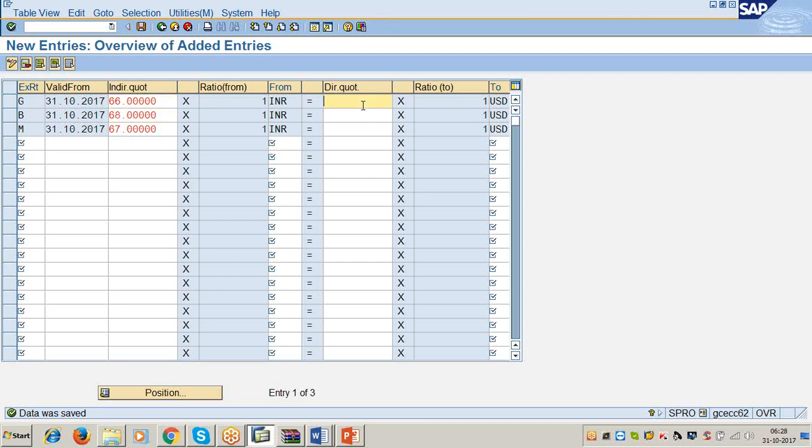So, when we have to use direct quotation and when we have to use the indirect quotation? Technically speaking, we can use either direct quotation or indirect quotation, but only the matter of convenience is important. Whether you have to use direct quotation or indirect quotation is only a matter of convenience, nothing else. But what is direct and indirect quotation? I will explain.